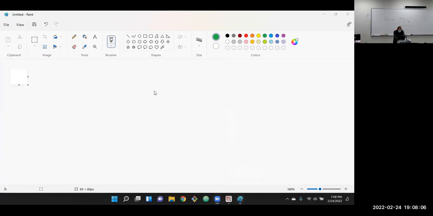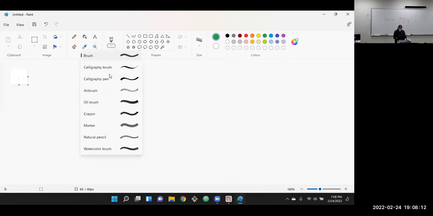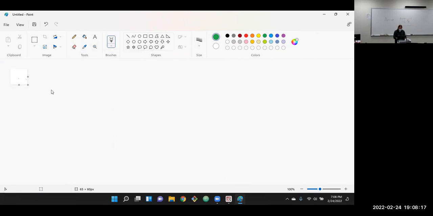Zoom stuff's in my way, so I can't see the size. 60 by 60, that'll work. It's kind of hard to tell what's what there. We have a calligraphy pen and just make a dollar sign for the button here. That'll work.